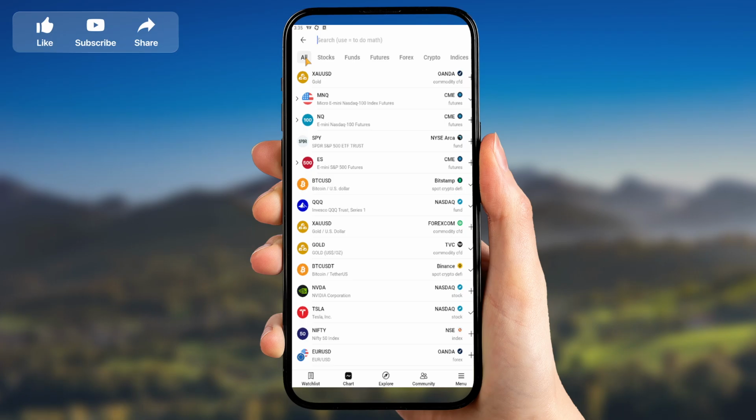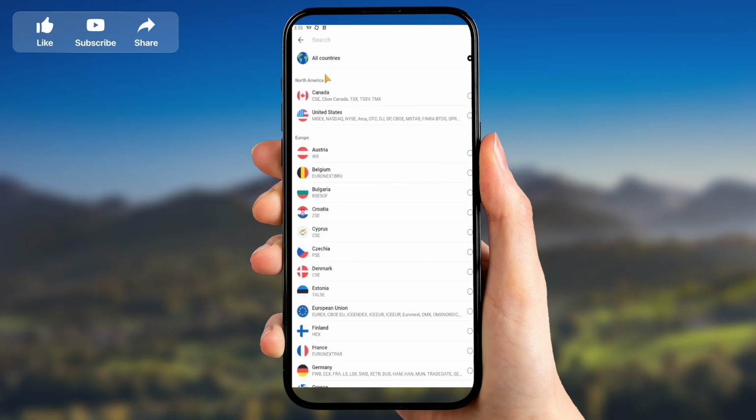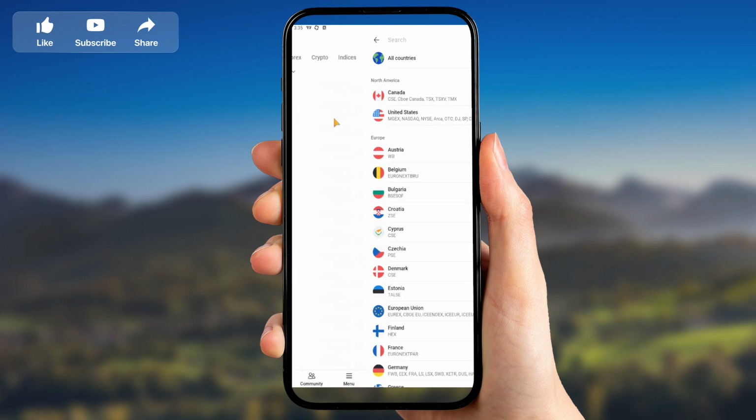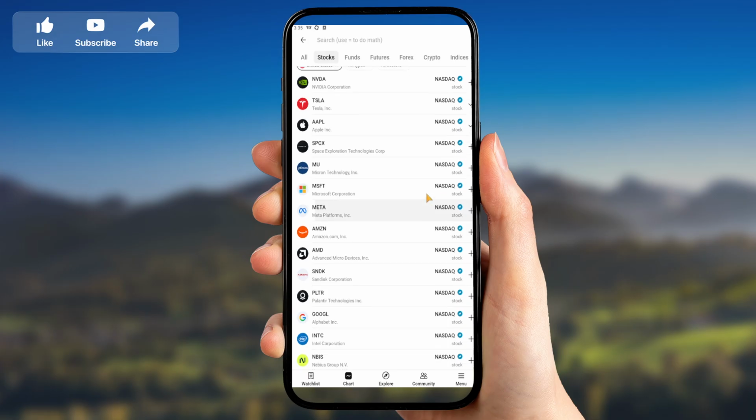Next, find the country or region filter. It may appear as all countries or a globe icon, depending on your version. Tap it, then select United States from the list. Once you choose United States, the search results will refresh to show tickers from major US exchanges such as NASDAQ